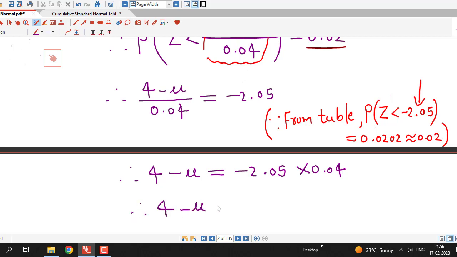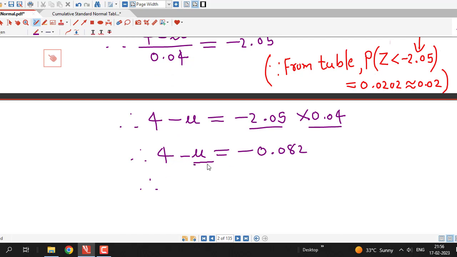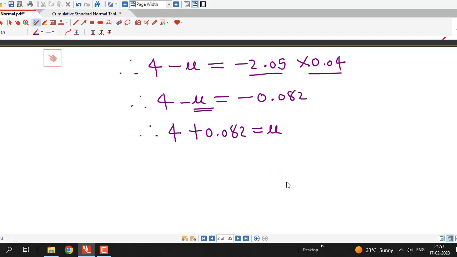Therefore 4 minus mu is equal to the negative of the product of these two, which turns out to be 0.082, and we are interested in the value of mu, so we consider mu on this side and this 0.082 on the left hand side. So therefore we find that the mean of the amount of coffee is